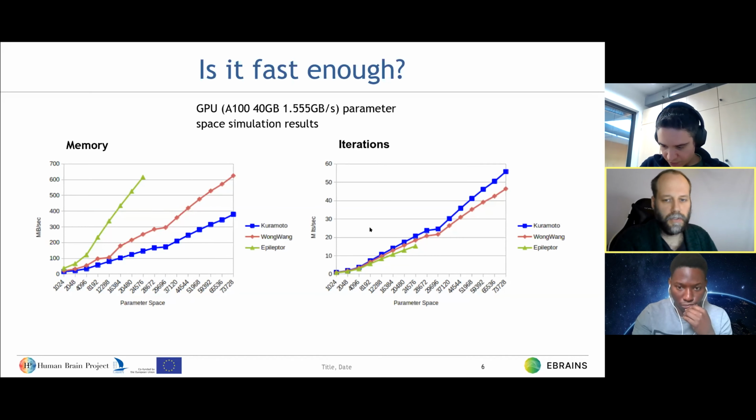And we see that the runtime scales linearly with the number of iterations being performed. Of course, more iterations take more time. That's the conclusion. But it definitely is fast enough, and it also is very easy to explore so many parameters at once.